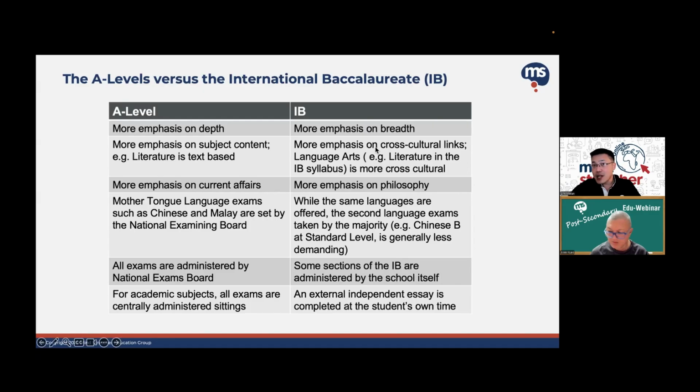But I think the very important takeaway here is that regardless of the content, each has their own strengths. So it's not to say that there is one that is inferior to the other, both in terms of their learning experience and in terms of their track record and their perception by scholarship communities, scholarship boards, and universities. I don't think there's a difference, right? So that's the key part just to note.